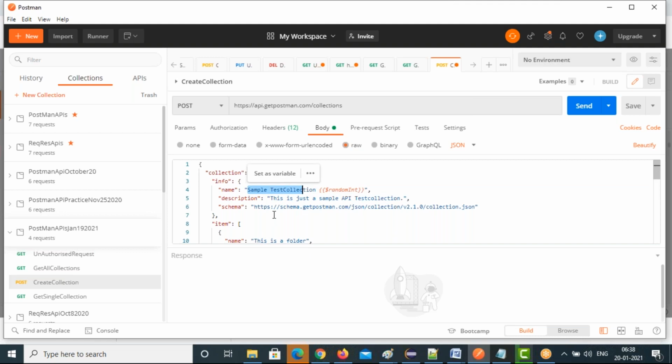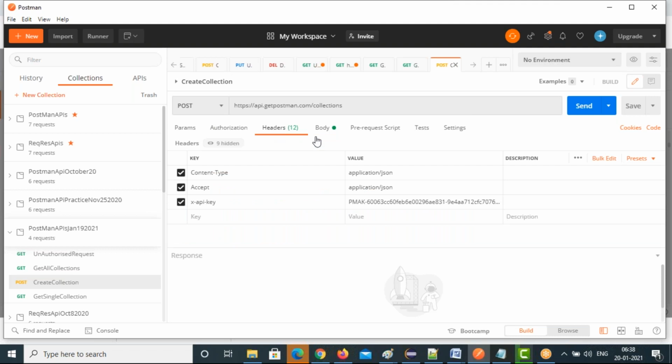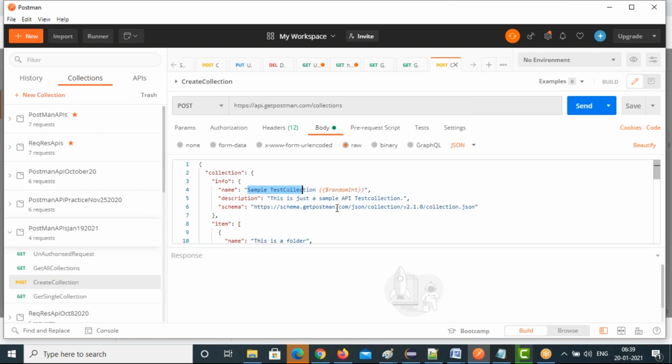So for post collection, what are we giving? We're giving a method as post and a collection endpoint, then headers. In the headers, there is an XAPI key. This is the authentication token ID, and the body, the request body. So the request body is what you want to create.